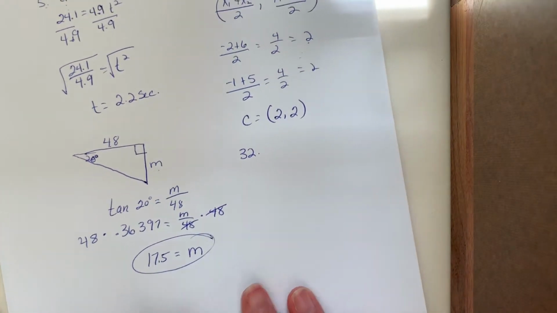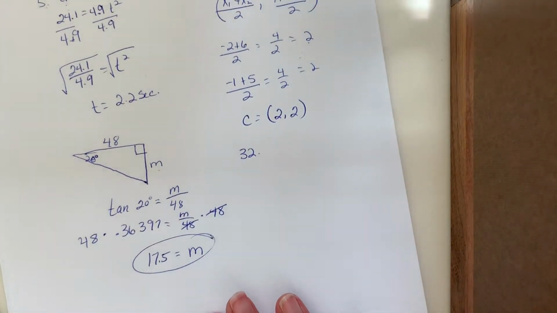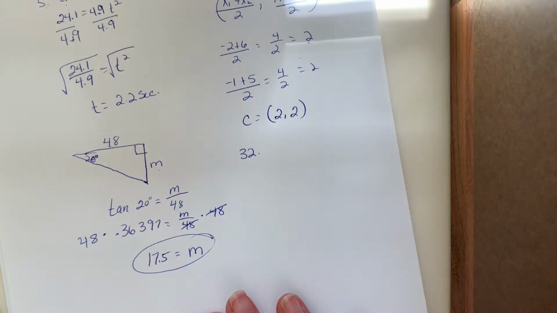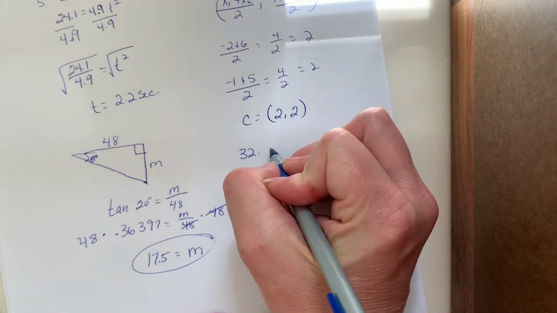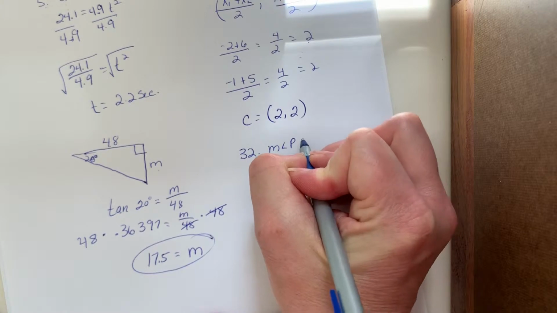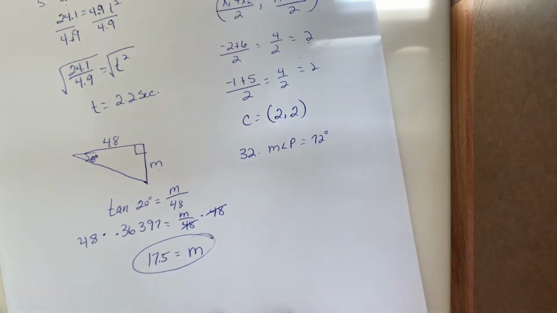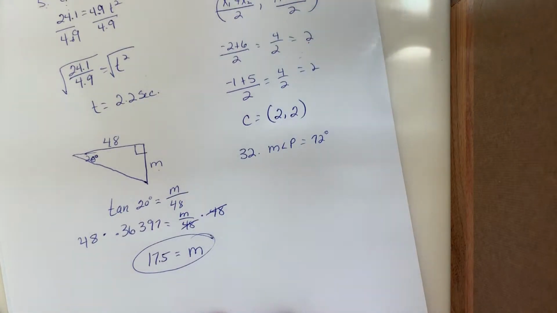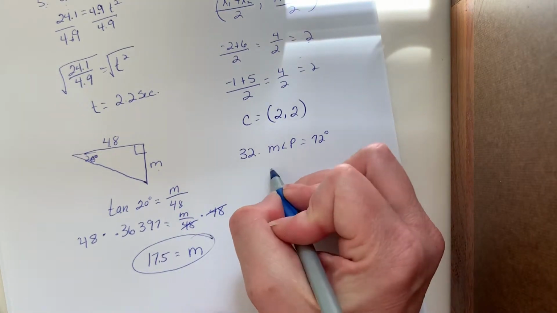We don't have a diagram this time, it just gives you a word problem. It says in triangle PQR with right angle at R, angle P has a measure of 72 degrees. So the measure of angle P is 72 degrees. It says the leg adjacent to angle P has a length of 8 units. Find the length of the leg opposite angle P, to the nearest tenth. So again, we're using opposite over adjacent. So tangent